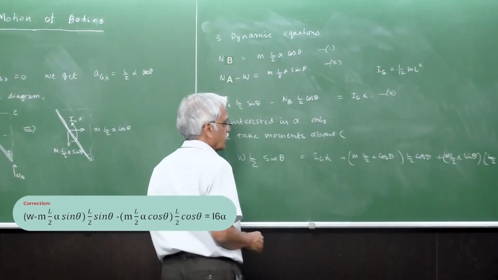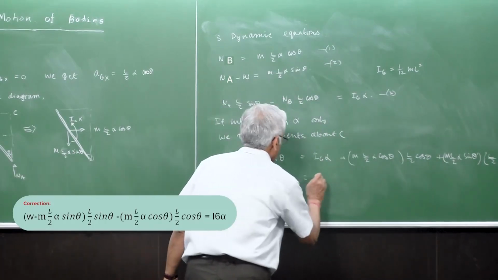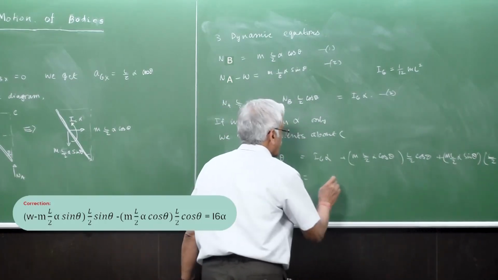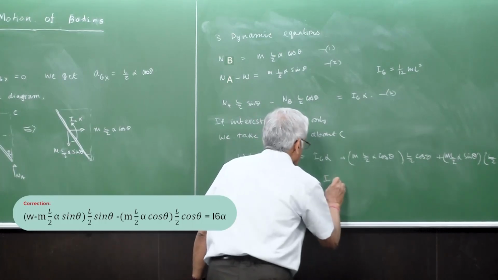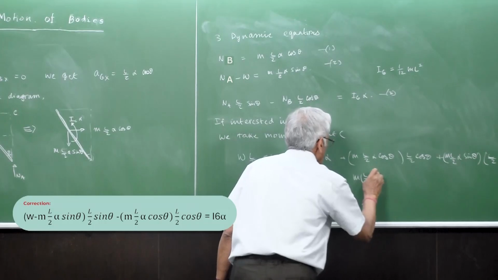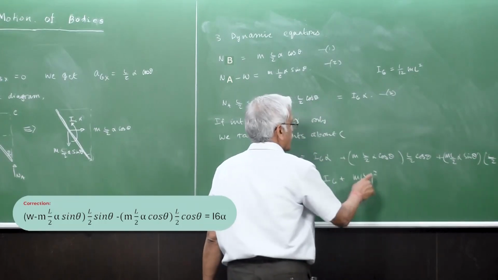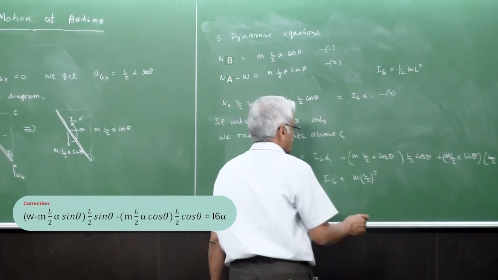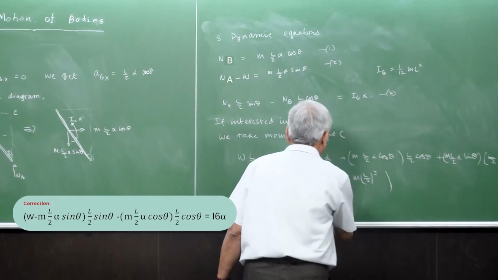So this is how it is. So you can take alpha out: L by 2 square alpha cos square theta plus sin square theta, and then